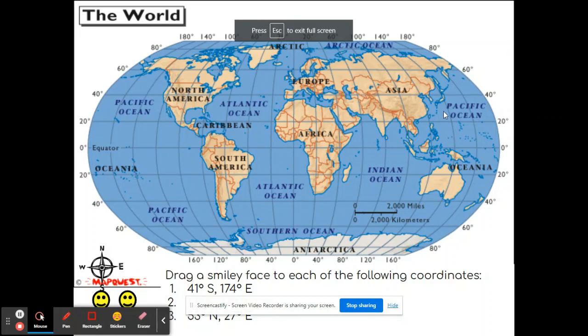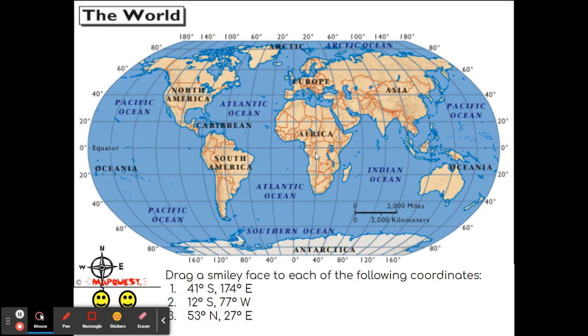All right, so if you're trying to figure out latitude and longitude, I know it can be a little confusing, but first you need to know that this line, 0 degrees latitude, is called the equator, and 0 degrees longitude is called the prime meridian. We need those two lines. Now, if I'm trying to find this right here, 41 degrees south by 174 degrees east, what I'm going to